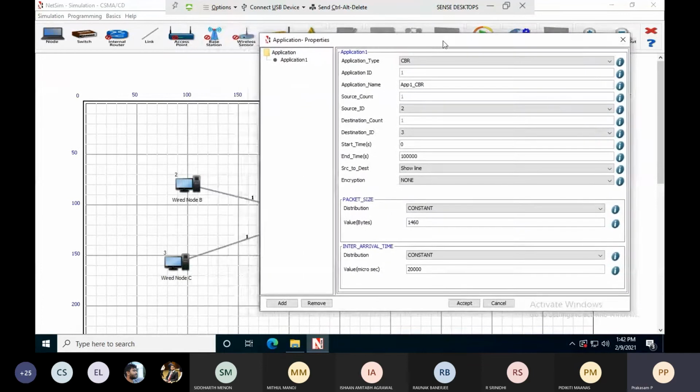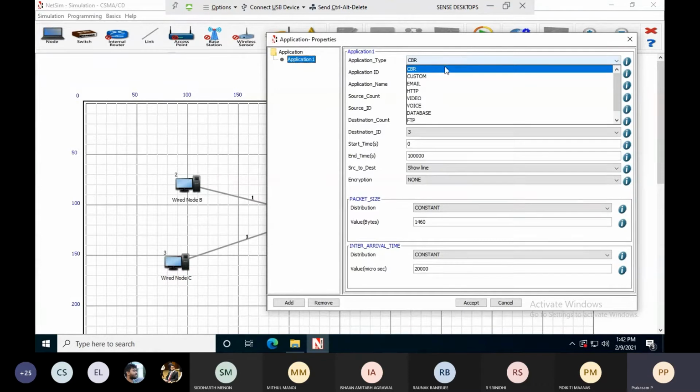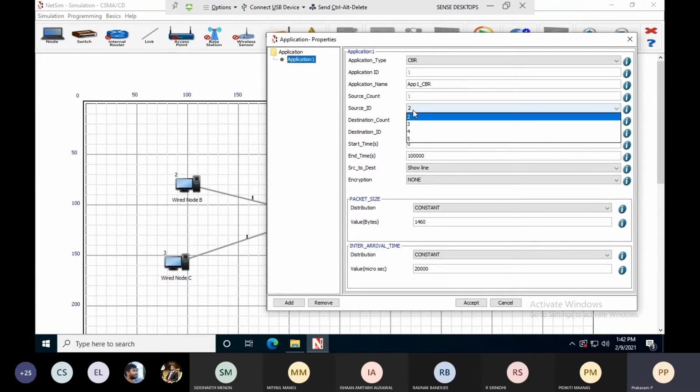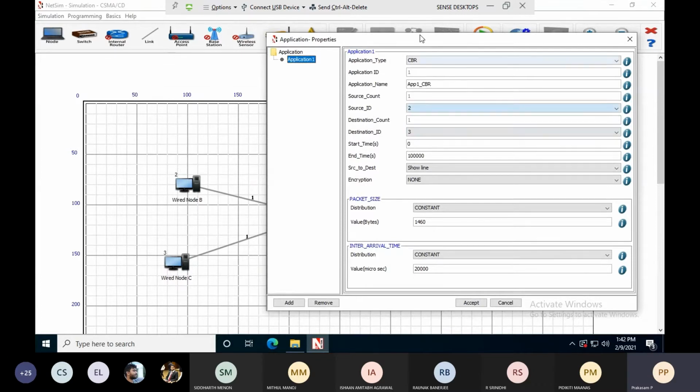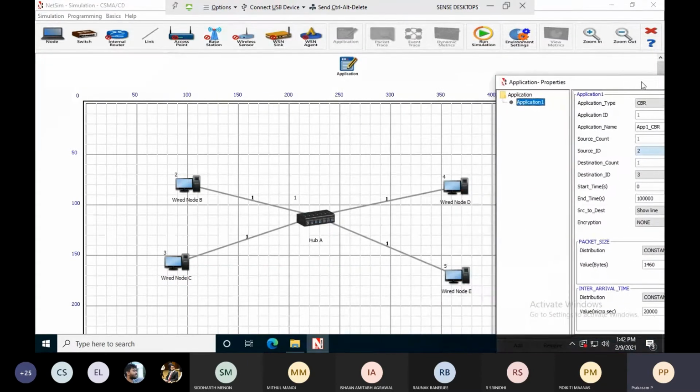If you see here, application is the application type. You can leave it as it is, the CBR. Application name, you can leave as it is. Then if you see here, source ID, destination ID, I have to create the connections. I can choose in any way.